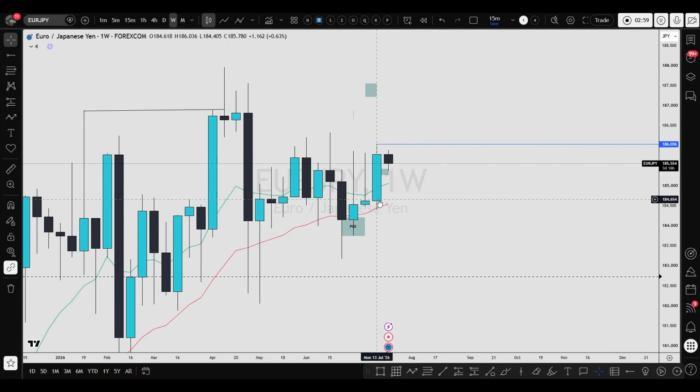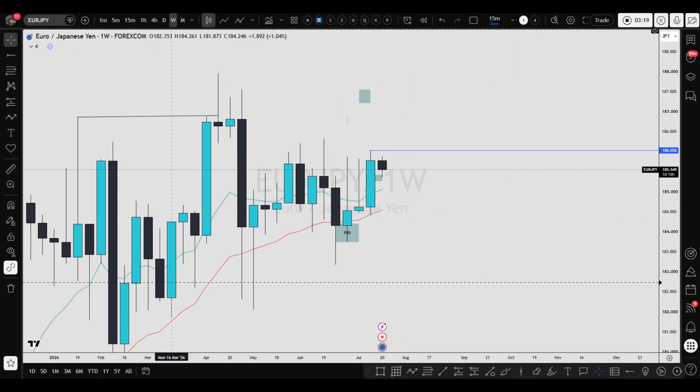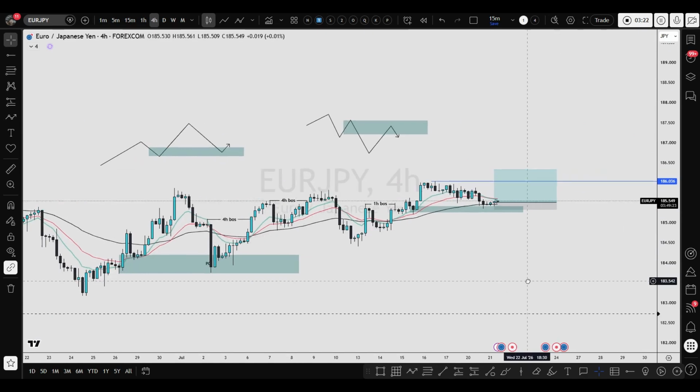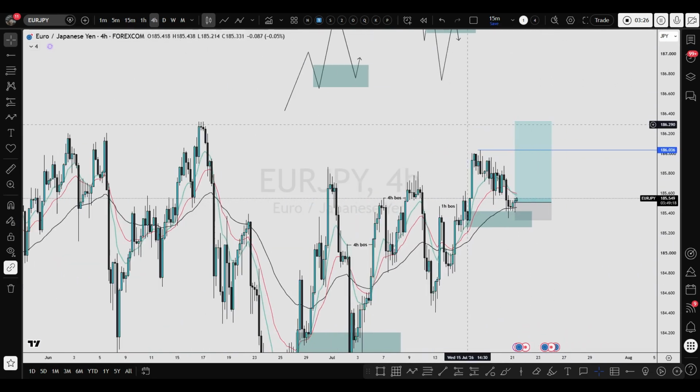The last weekly candle was strongly bullish, and there is a possibility of price going above the previous weekly high and this high, because the overall environment is bullish and the previous weekly high is intact, and we can see a few more buy side liquidity standing at around this level. Okay, so overall things make sense. Overall this setup makes sense because there is a reason why price wants to go higher,